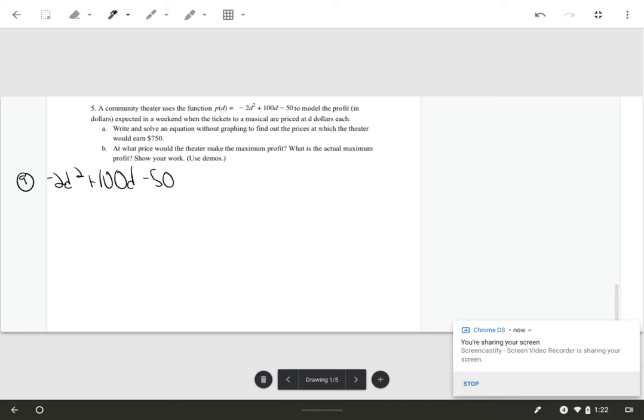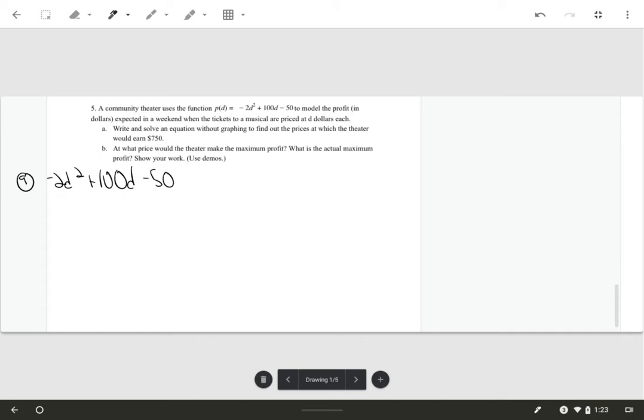All right, so for number 5, a community theater uses the function P of D equals negative 2D squared plus 100D minus 50 to model the profit in dollars expected in a weekend when the tickets to a musical are priced at D dollars each. Write and solve an equation without graphing to find out the prices at which the theater would earn